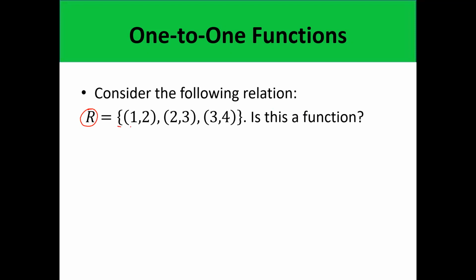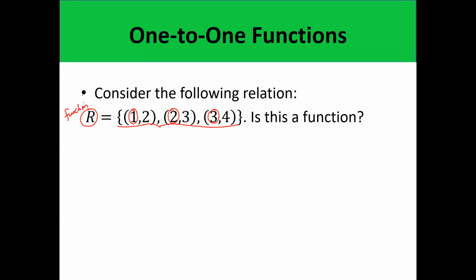This relation is a set of ordered pairs containing (1, 2), (2, 3), and (3, 4). Now the question is, is this relation a function? Recall from our previous discussions that a set of ordered pairs is a function if there are no two ordered pairs with the same x coordinate, or equivalently, if all the x coordinates are distinct. In this case, since all of the x coordinates are different, we say that this relation is a